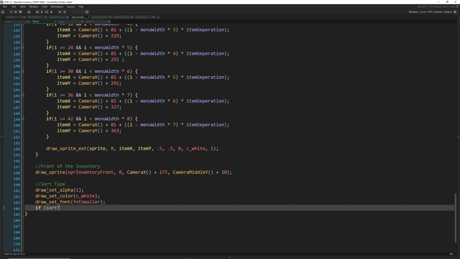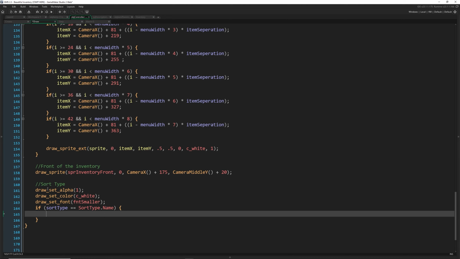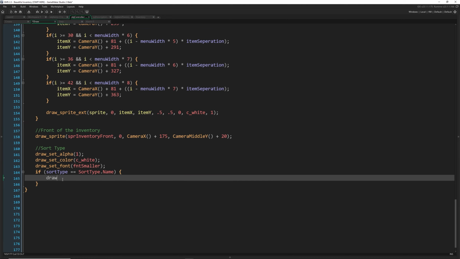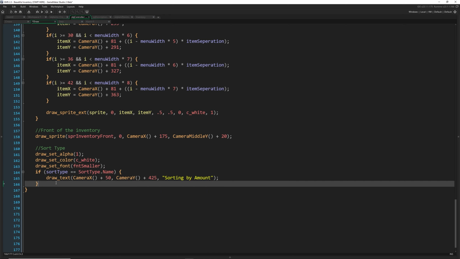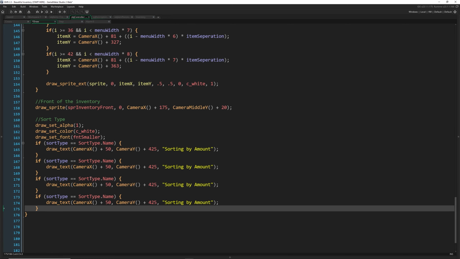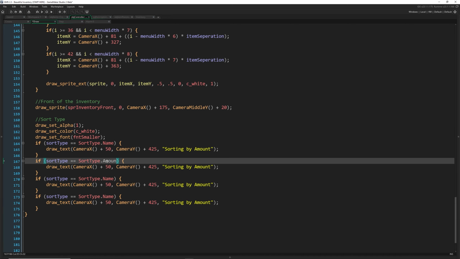Now if sort type is equal to sort type.name, and the order here doesn't matter at all, we're just going to draw some text, and that's going to be at camera X plus 50, camera Y plus 425, and we are sorting by amount. Now I imagine I'm actually going to have to change some of these values, but let's go ahead and do this. So now we can do amount,